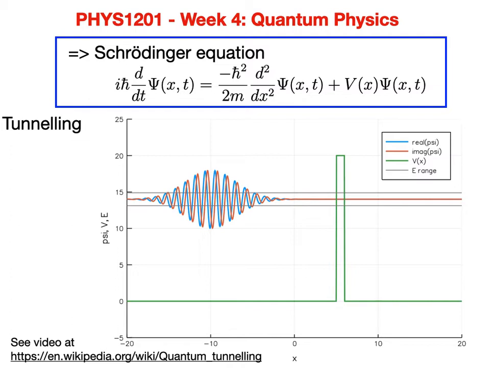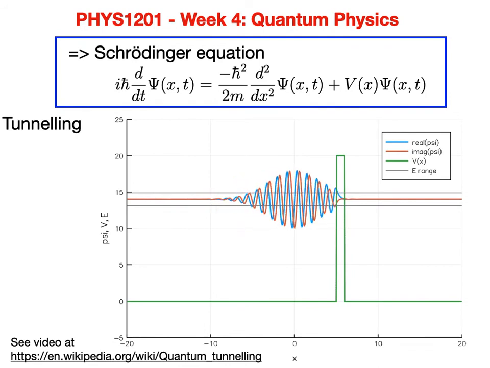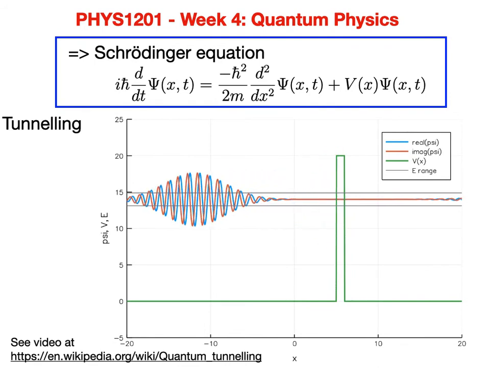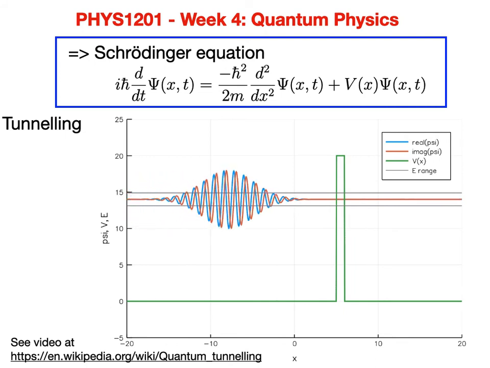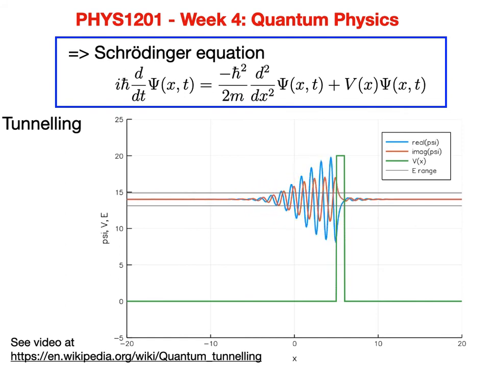In classical mechanics, you will not have enough energy to go to the other side of the wall, of the potential barrier. But in quantum mechanics, the situation is different. Part of the wave function is reflected and part is transmitted. That's something which you would not have if you were purely in